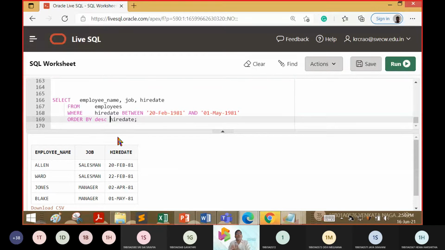See, the query comes in descending order. I have put DESC, that is the only change I made. What is the answer you are expecting? These 4 only will change, right? If I put it in descending order, what is the answer we get?